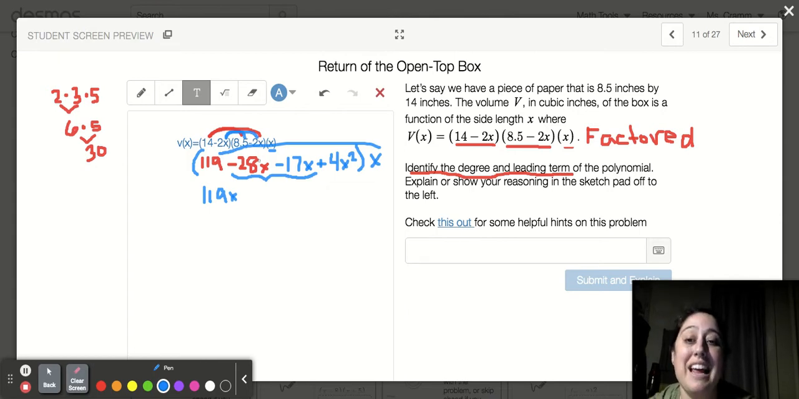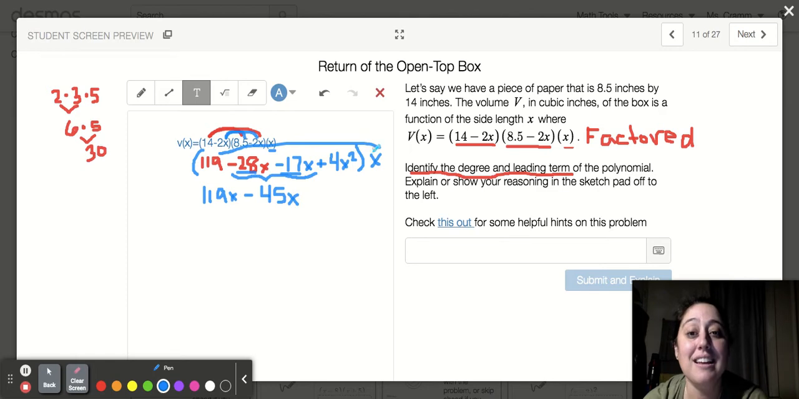Okay, that would give me -45x. So I'm going to multiply that by the outside x. So minus 45x, right? Remember, -28 minus 17 is how I got that -45. X, now x times x, right? I'm doing both of these. X times x is x squared. And then x times 4x squared would give me 4x